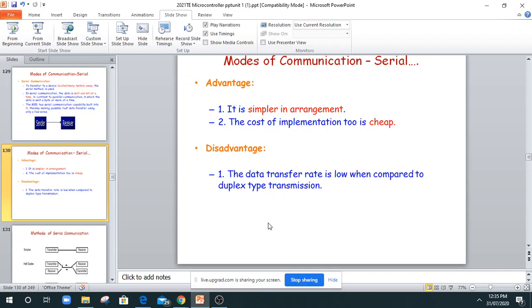The data is fully transferred, that is no issue, but it takes much more time, because all 64 bits, all 8 bits, all 16 bits are not moving at a time. One by one the bits move from one device to the other, and that's why speed is less. That is the drawback of serial communication.